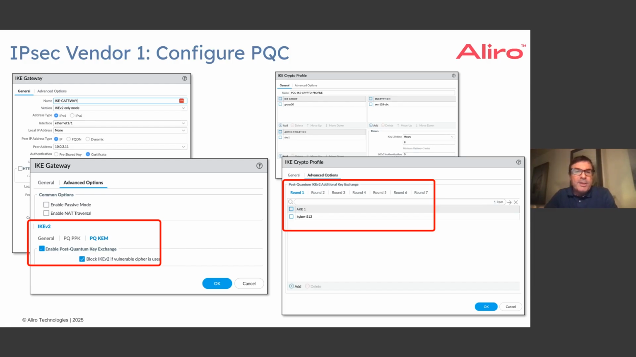Now, enabling PQC for your IPsec tunnel is very straightforward and only involves a couple of new configuration fields. First, you have to check the Enable Post-Quantum Key Exchange checkbox, and then you have to select one or multiple of the Post-Quantum Key Exchange methods. So here we've chosen one, namely Kyber 512. That's it. These are the only things you have to do to turn on PQC in your network, using software